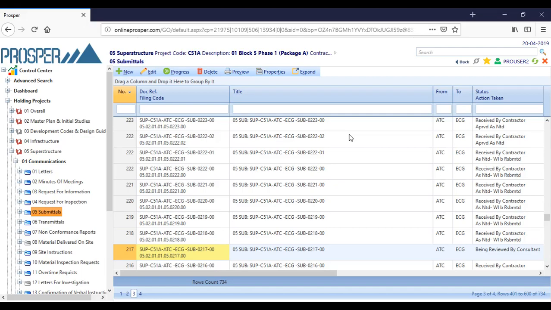By the way, every person who enters into Prosper has their own control center configured. So depending on who you are and what you belong to, you would see that document or you wouldn't. You would see that project or you wouldn't. Every single person that enters would see only their environment. I will repeat, the pro user that we're using here to demonstrate will see a lot of stuff, but that doesn't mean that everybody sees all of this. Just a few people